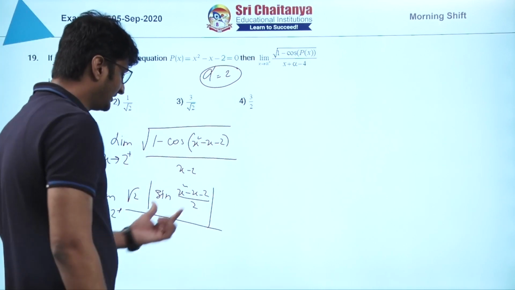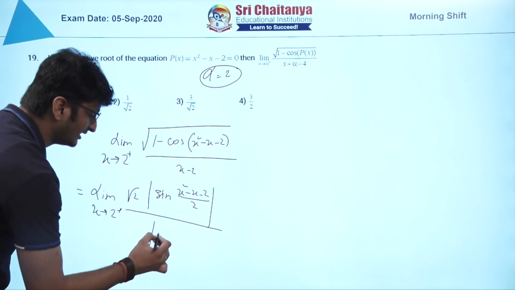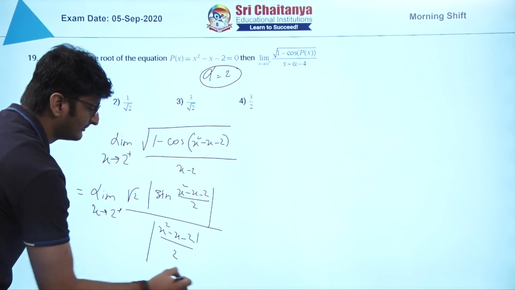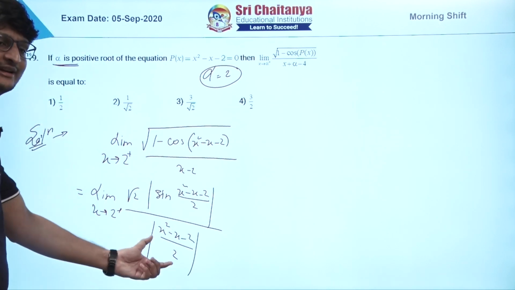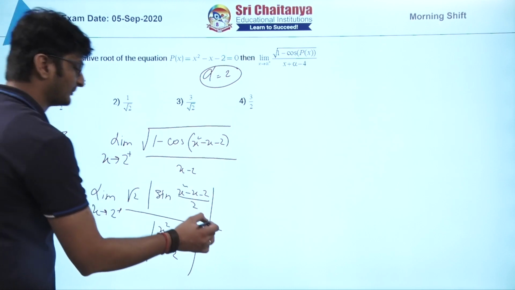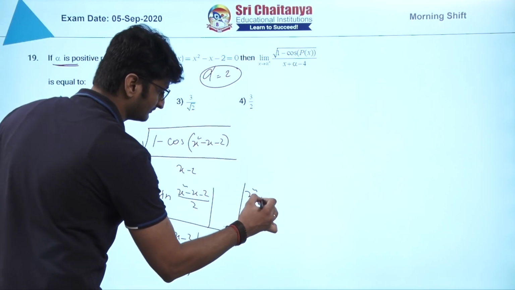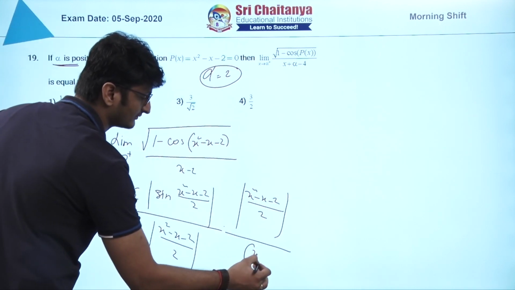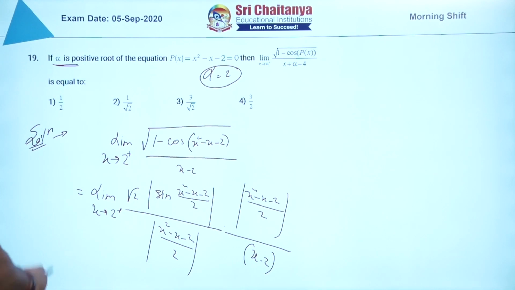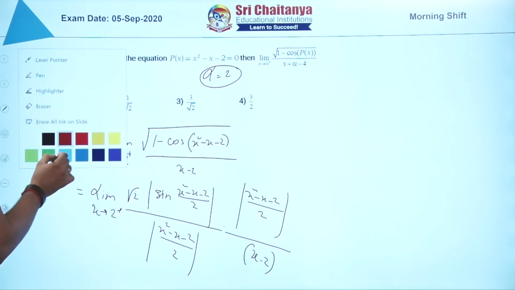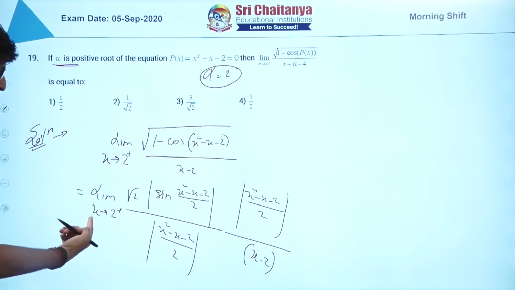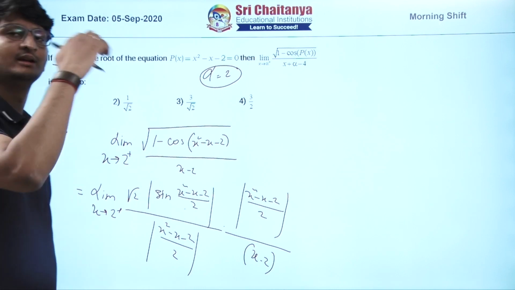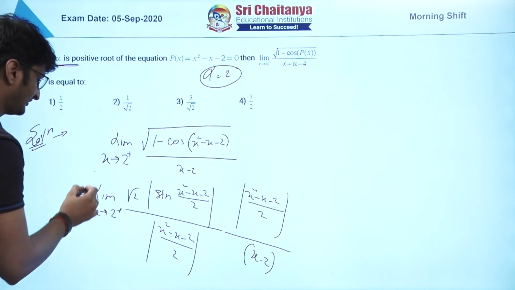So, since it is mod in the numerator, let us make the same thing available in the denominator also. If you are making it available in the numerator, from your side, to make up the things you have to put it in the denominator also. And originally it was present as x minus 2, correct. So, see, if you just observe, if you put x equal to 2 here, this term is giving us 0, this term is 0, sin 0 by 0 format is always equivalent to 1. So, which is going to be 1?